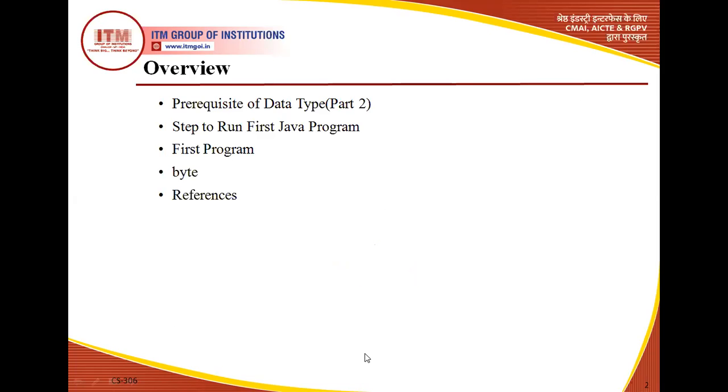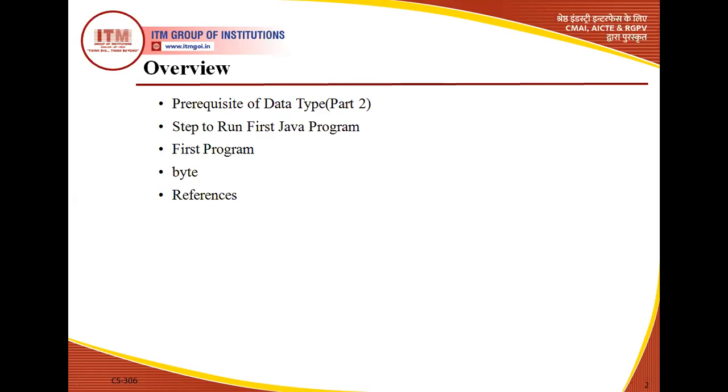These are the agenda for today's session. First, the prerequisites for data type part 2. Then the steps to run the first Java program. Why do I incorporate this point here? Because from today onwards, we require some small codes to execute, so this is the better place to introduce the first Java program.